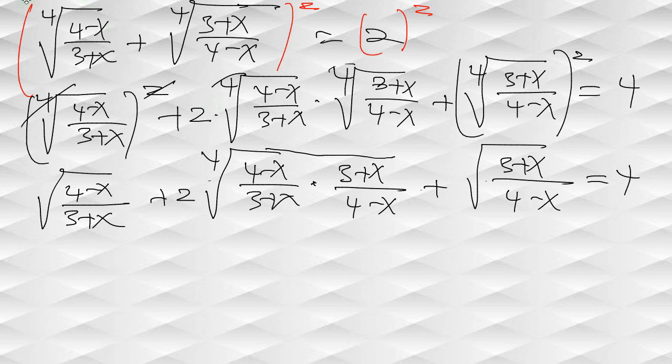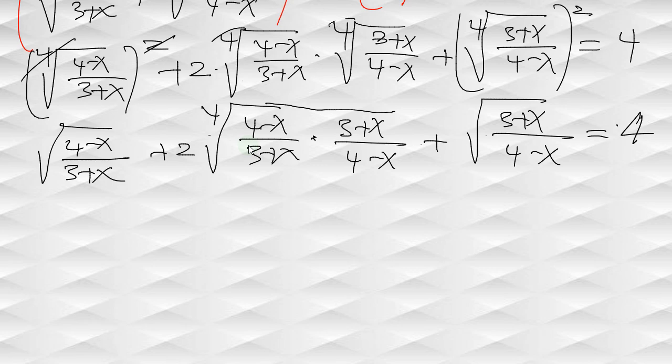Let me write this. 4 is not so well written. Okay, so we have 4 here. So guys, as we can see here, this one simplifies with this one, simplifies with this one, so we have only 2 remaining. So we're going to send this 2 to the right side of the equation, and simplifying this 2, we say minus 2 and minus 2,